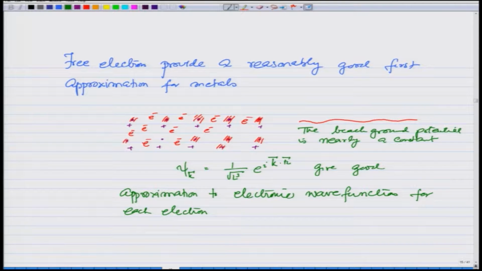And in this process, we have also done one more thing, and I must point that out, that we